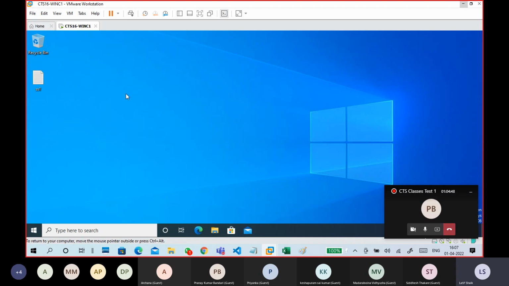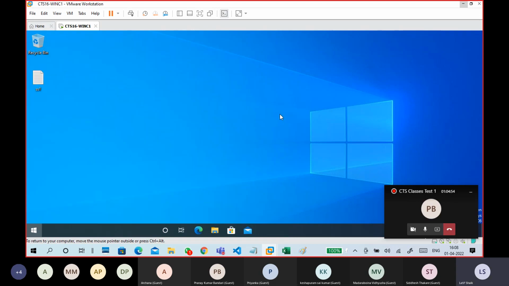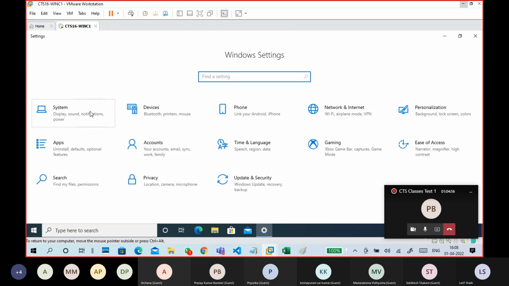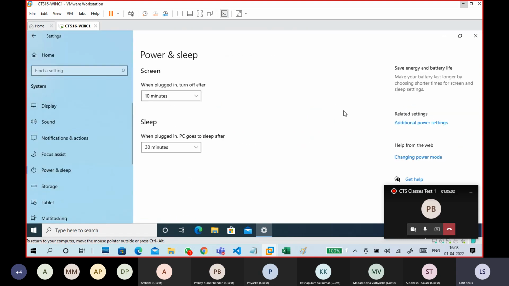This is my system. I'm going to my power options. Go to Settings, System, and there you can get Power and Sleep. If you are connected to the main power supply, when plugged in, turn off after 10 minutes.